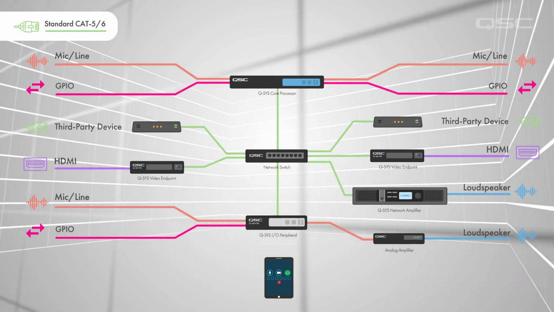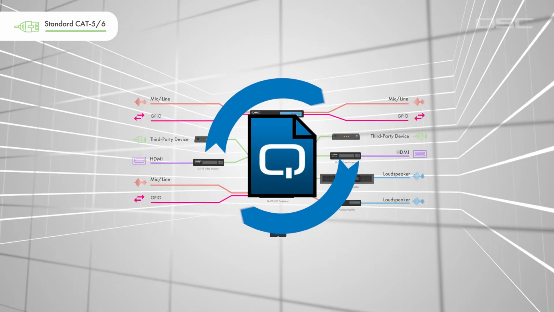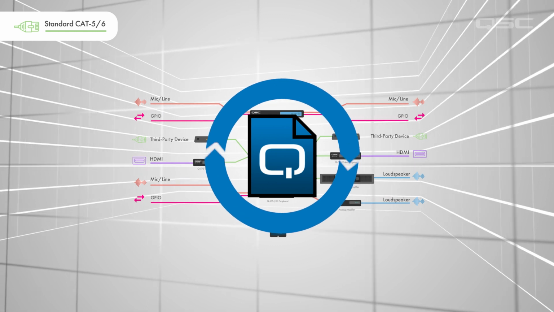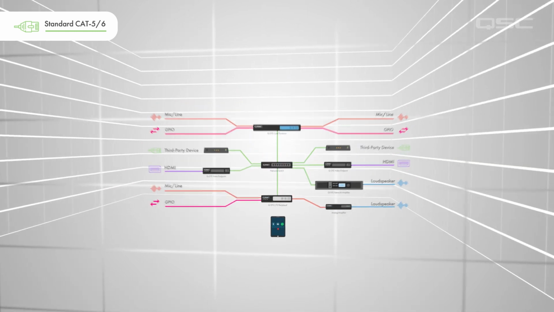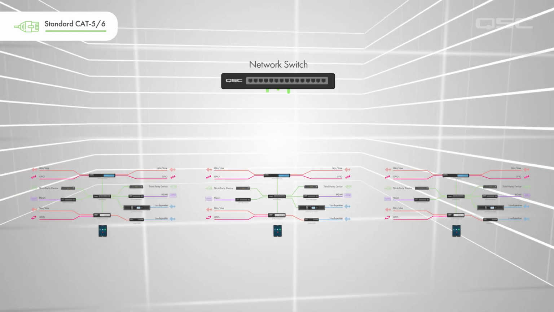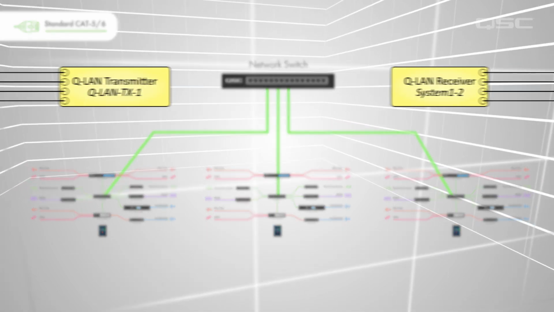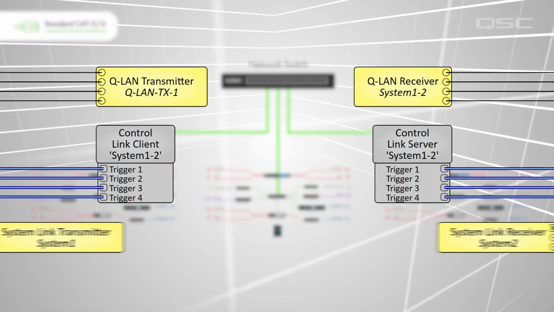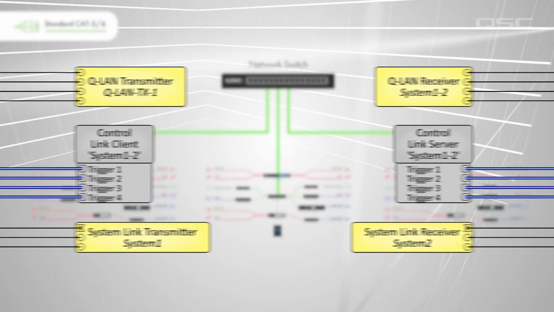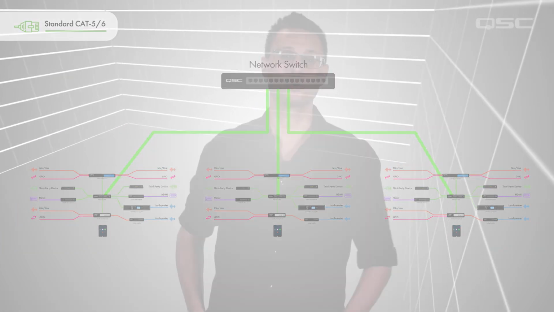And it's worth mentioning, even though one core runs one design, larger installations might use multiple cores running multiple designs, and there are components that allow those cores to stream audio, video, and control channels from one design to another across the network. We'll look at the specifics of these devices shortly.